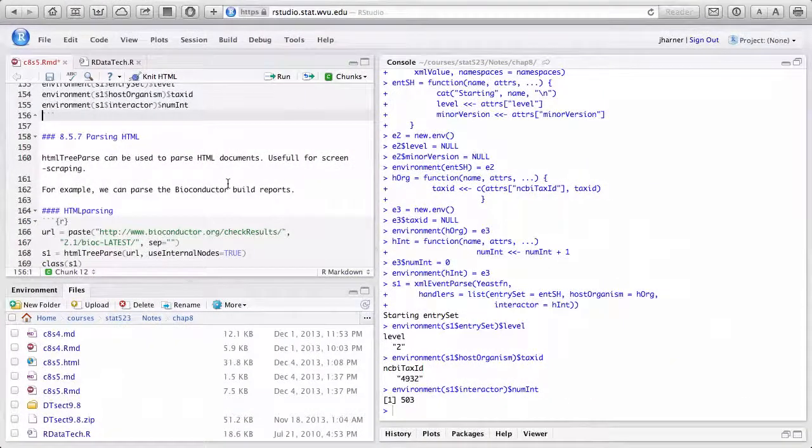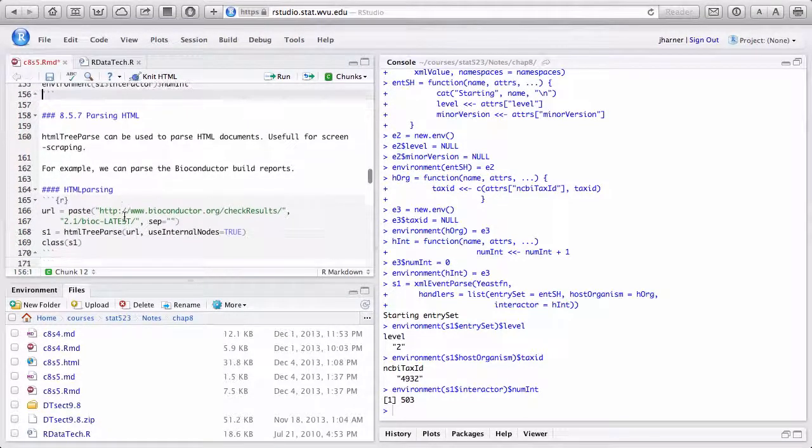And anyway, getting back to this, there's something called HTML tree parse. If you go into the Bioconductor website, bioconductor.org, they have, when you run R CMD check, you did R CMD build, there's an R CMD check which actually checks your files. All the results are posted on the Bioconductor website, and I can go in and find out what happened with all the packages